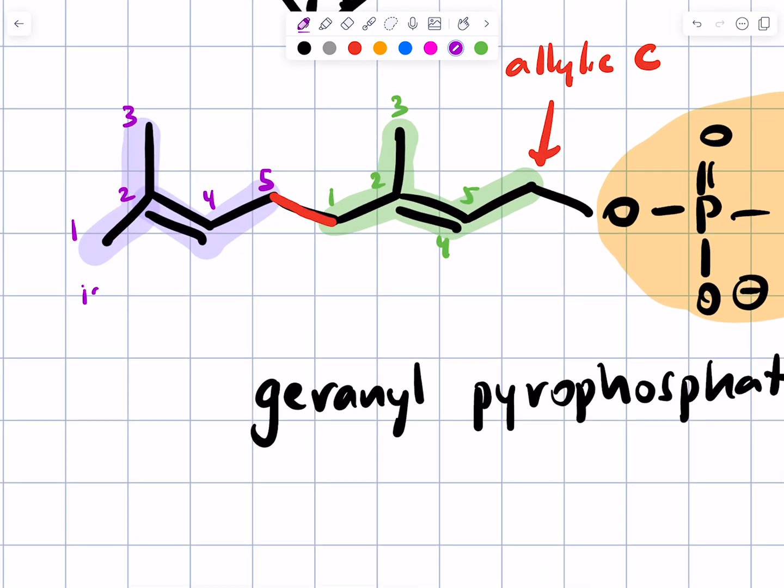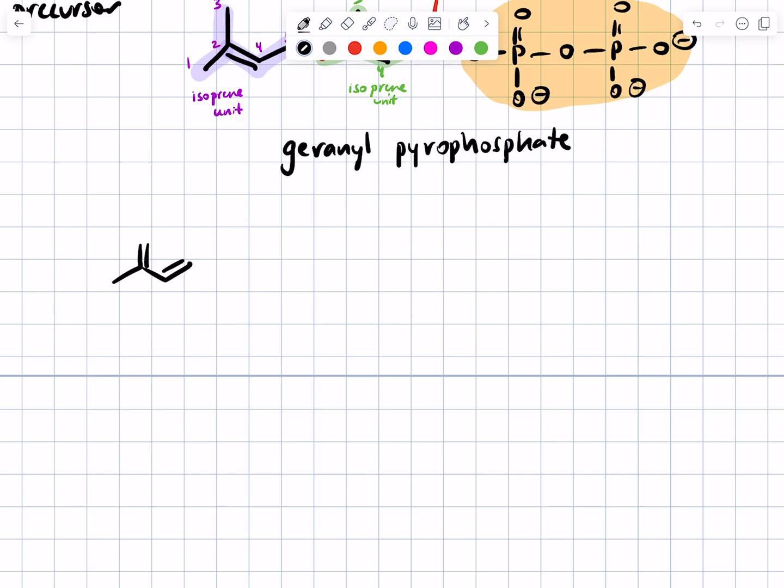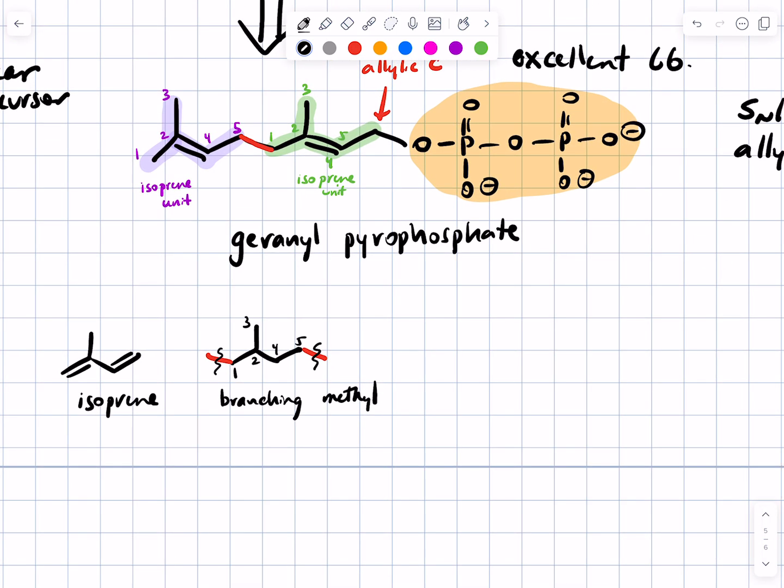We call that an isoprene unit, just as this green one is also an isoprene unit. Isoprene units are so named because of the parent compound isoprene, which I guess we could draw like this. And you will find this basic structure, a 5-carbon unit, 1, 2, 3, 4, 5, where 3 is a branching methyl group branching off of 2, as a key feature of isoprenes. And so the branching methyl group is important because it helps you identify portions of a terpene and which isoprene